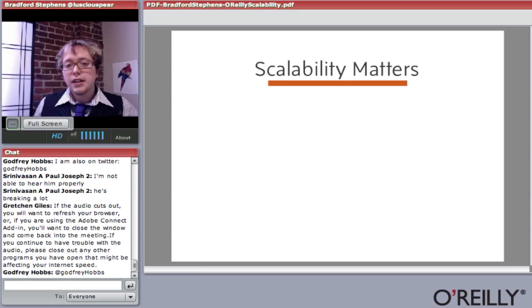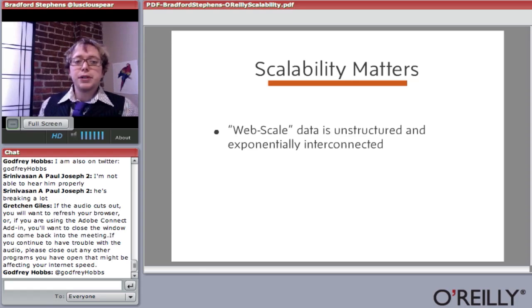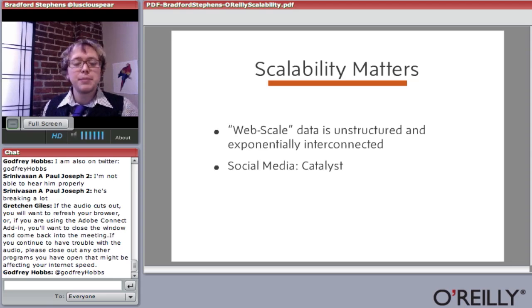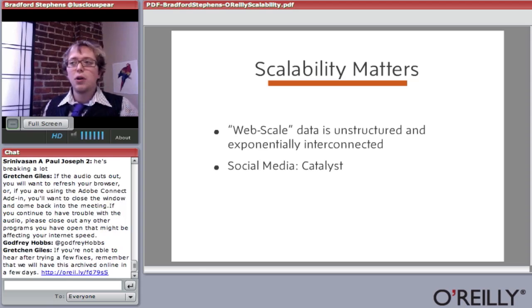So, how did we get here, and why does big data matter, and why does scalability matter? Five or six years ago, things were really different. You had a few large databases at whatever companies you were at. They might have paid a few million dollars to Oracle for them, or they might have had a few large data warehouses, and that's really it. But now with this new web scale world, everything is interconnected. Whether you're accessing a Twitter API and then doing a mashup against your sales results and perhaps feeding in Facebook comments, everything is connected to everything else.